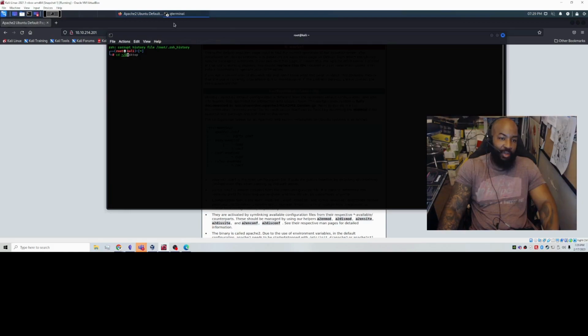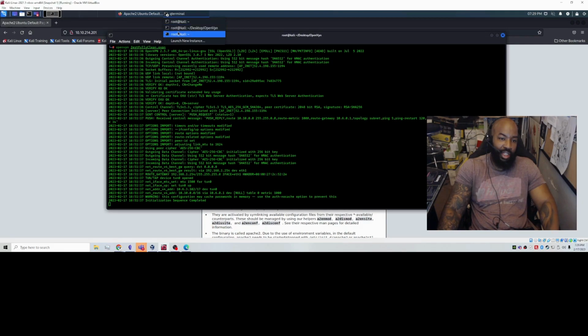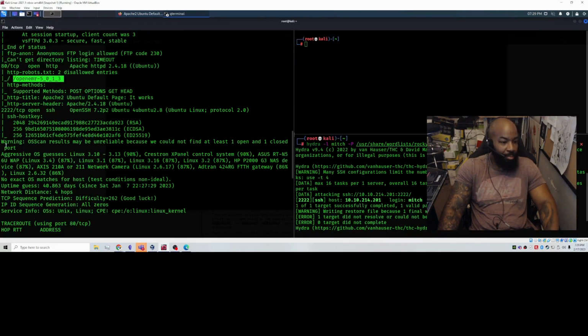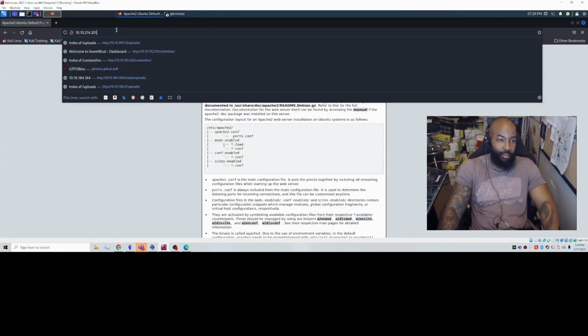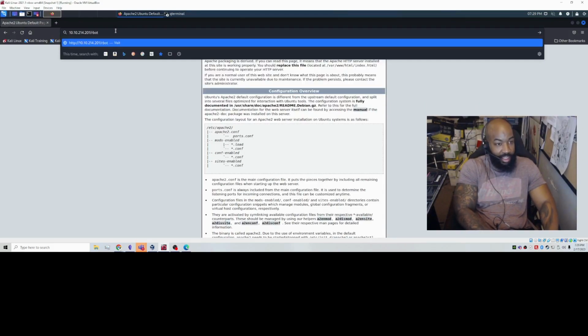Let's look back at our scan real quick. That's not it. That's not it. Here we go. All right. So look at this line here, robots.txt. Again, two disallowed, and I can show you now what I meant by what I was saying. So the subdomain robots.txt